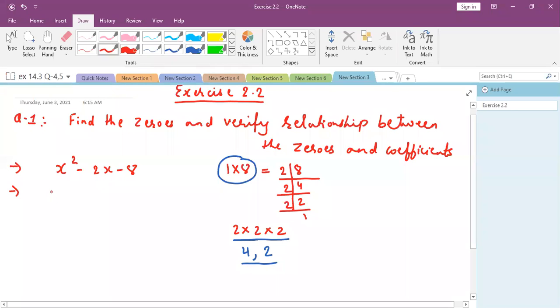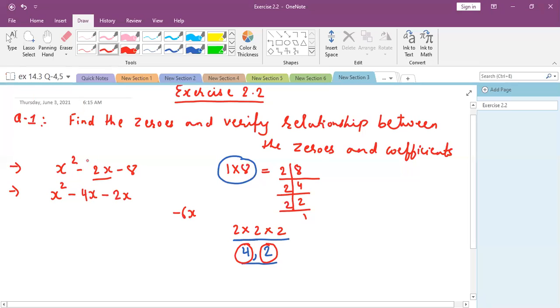So how to represent now? I will write x square as it is. Now, which is the bigger number from these 2 numbers? 4, right? So I will write 4 with this middle sign. What is the middle sign? That is subtraction. So I will write minus 4x. And now let us decide the other number. Either we will be adding plus 2 or subtracting 2 in order to obtain minus 2x. If I do minus 2x again, so minus 4x minus 2x will give me minus 6x.